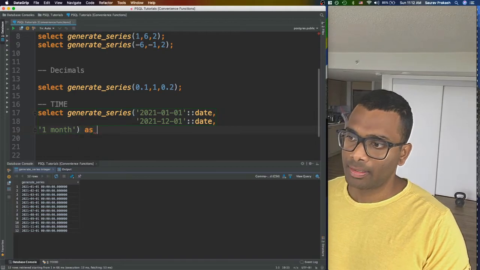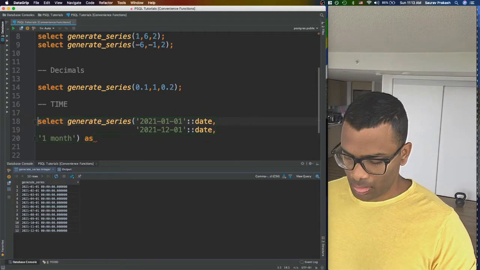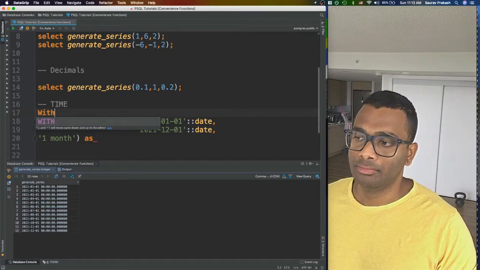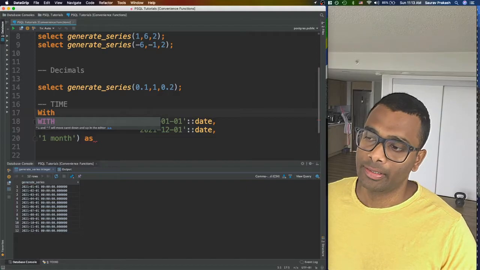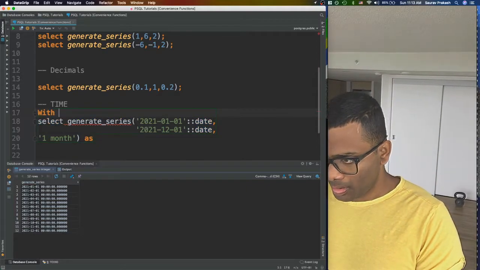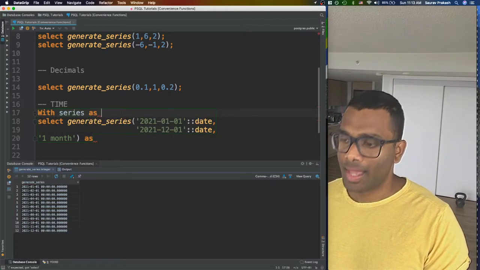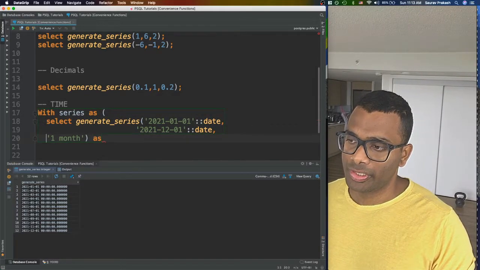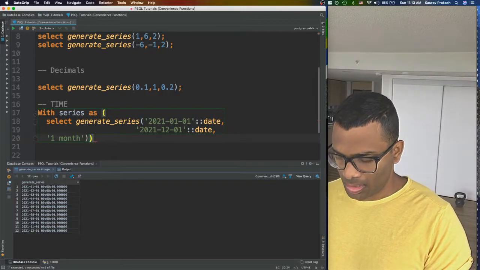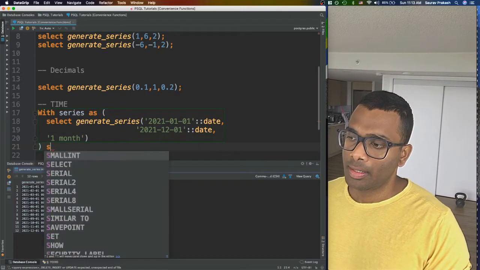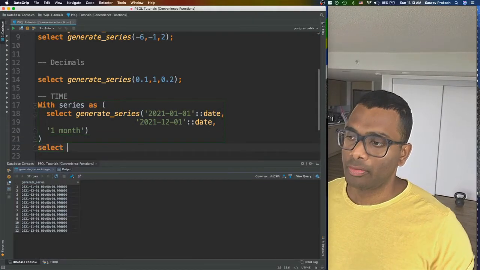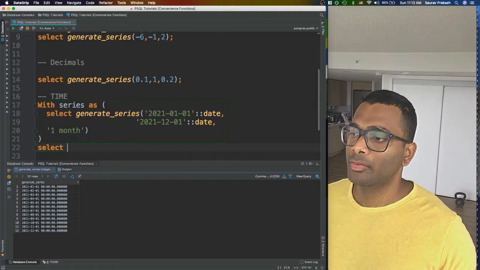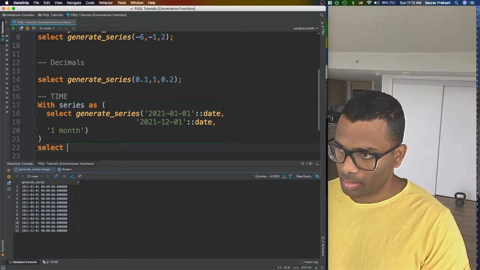So let's say I store it inside a CTE, or I could just use a subquery. I like using CTE. So with series as, and then I'm gonna put the whole generated time series inside the CTE, and then I'm gonna use the CTE for whatever I want to use. Okay, so I grab this with series select series